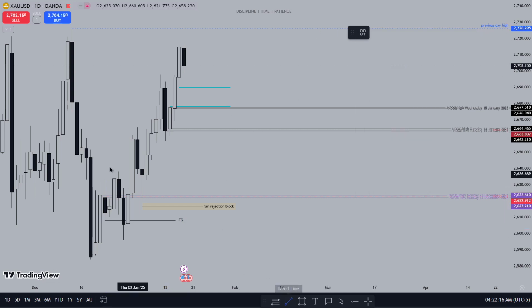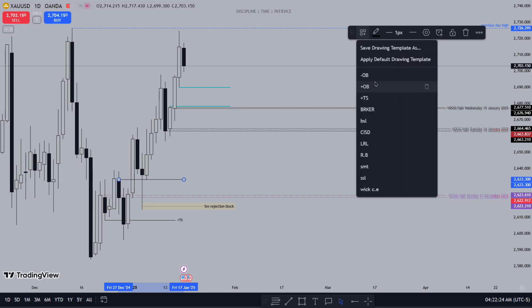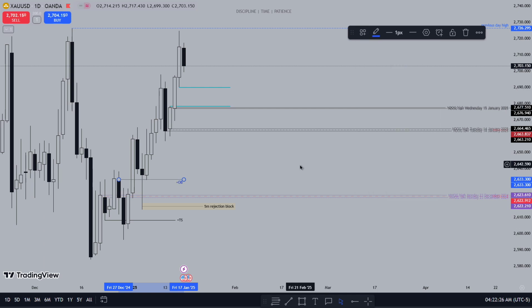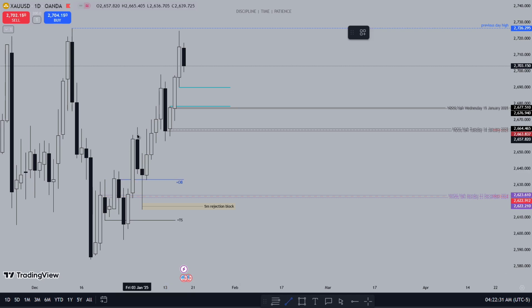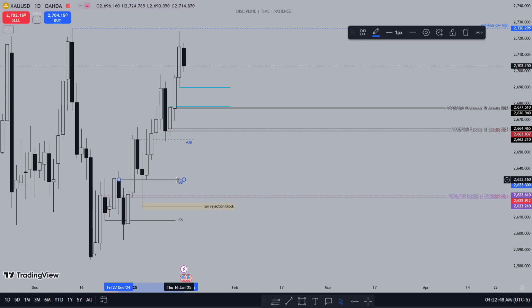What does this make? These two down close candles. Once we trade above them, that makes it an order block. And then these two down close candles traded to this order block, and then a close above the opening price. Does that make it an order block? Because they're on the daily, I'm going to make them dashed, so we can see what happens when